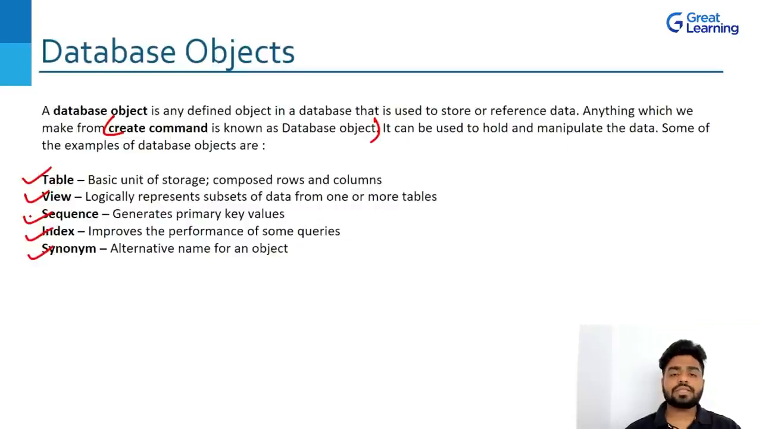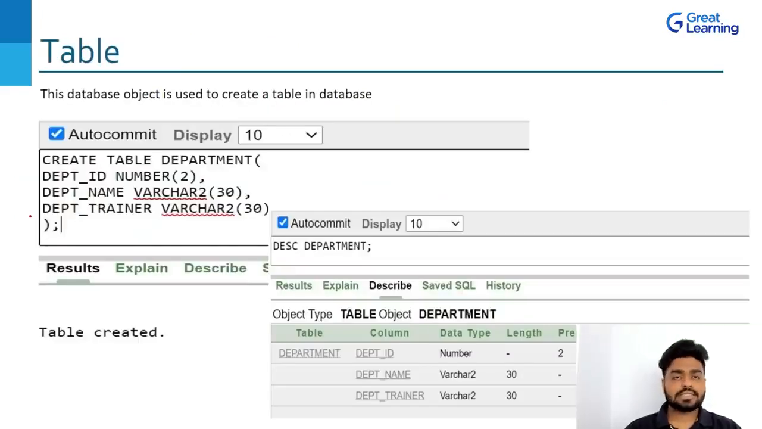it's temporary. Sequence generates primary key values like 1, 2, 3, 4, 5, 6, 7, 8, or starting from 10, 11, 12, 13, right? That is a sequence. Index improves the performance of some queries. We'll try to understand what an index is. And synonym is just an alternative name for any of the objects. So for a table, an alternative name will be there. For a view, an alternative name will be there. For a sequence, an alternative name, that is what a synonym is. So let's start understanding how to create this table, view, synonym, index and